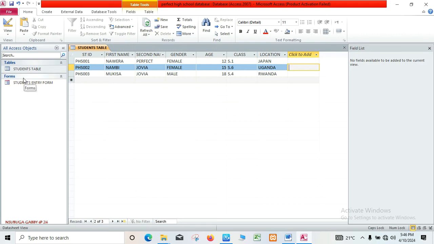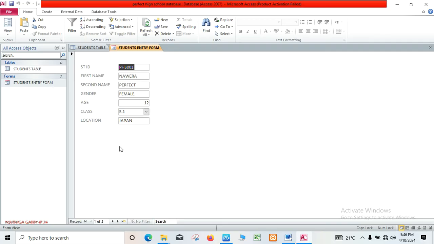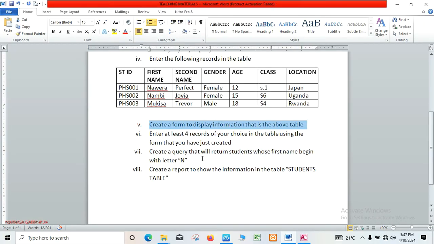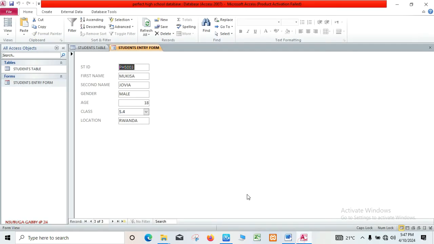So the forms are here, and then the students entry form is here, so you can be able to see that this is the first student out of the 3 students that are inside the table. You can really try to check. This is the second person, Nambi, and this is the third person, Mukisa. So the form is done. You go back to your question. It is telling you enter at least 4 records of your choice in the table using the form that you have just created. So you can come here and then